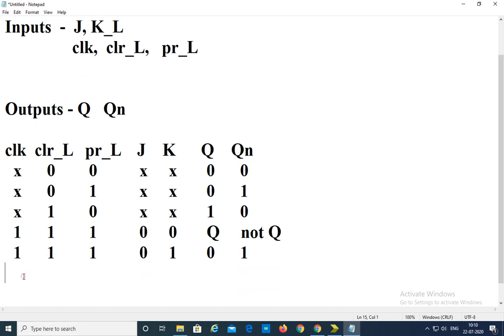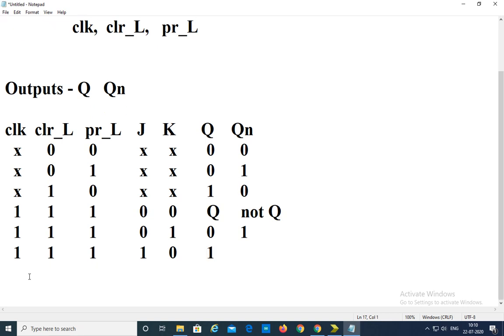Similarly, for clock rising edge and for the 1 1 combination, 1 1 means both are inactive, then it will look for the inputs. For the 1 0 combination, output Q is equal to 1 and Qn bar is equal to 0 now.